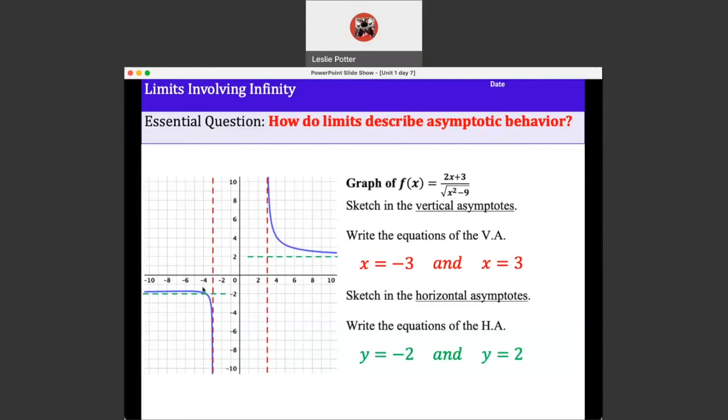And I want you to notice this here. I bet sometime when you were in a math class, your teachers said, oh, well, functions never cross asymptotes. And they weren't really telling the whole story. If you notice the vertical asymptotes, the function never does cross those. And that's really true. But horizontal asymptotes are what we call end behavior asymptotes. In other words, these asymptotes really come into play way out at the ends, at the positive infinity and the negative infinity